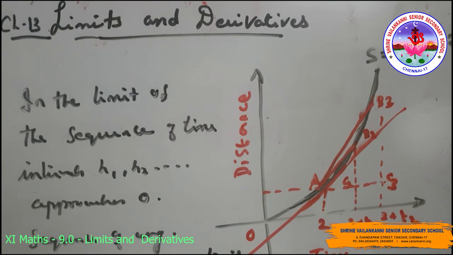An alternate way of viewing this limiting process is by plotting the graph. This is a plot of distance s of the body from the top of the cliff versus the time elapsed. In the limit as the sequence of time intervals h1, h2 approaches 0, the sequence of average velocities approaches the same limit as just the sequence of ratios